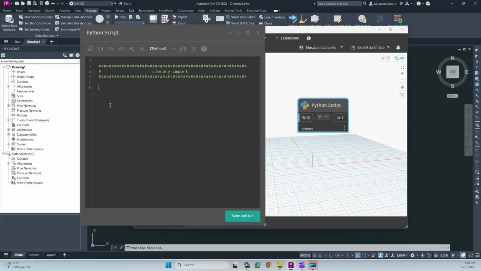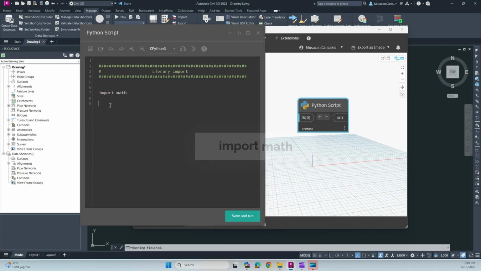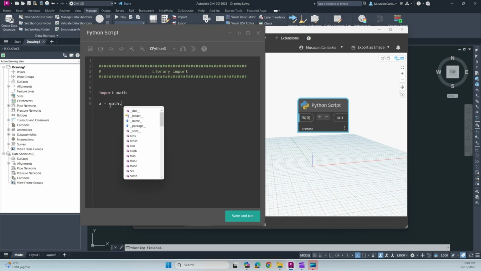Let's start with the basic one, import math. We import math to access mathematical functions. So a library is a collection of ready-made functions. Let me show an example. A equals math dot. You can see which functions you can reach inside of the math library. If we use the square root one, double click,